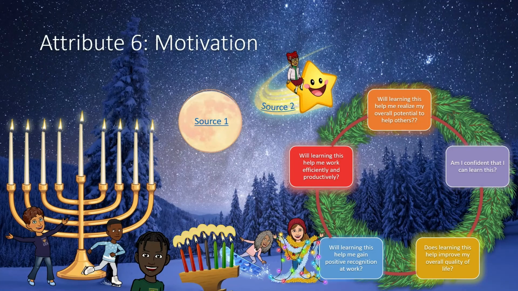While being an add-on in 1984, motivation is certainly not something to overlook. In fact, Knowles added this because he realized that motivation is the attribute that ties all of the other previously discussed attributes together, and it is the one thing that gives a spark in learners to get them engaged, get them curious, and get them wanting to learn other perspectives. That being said, that's why I chose holiday lights, because it connects Christmas, Hanukkah, and Kwanzaa together.